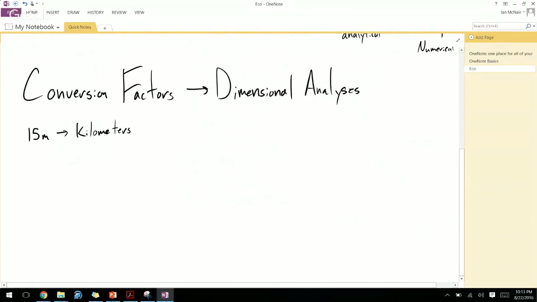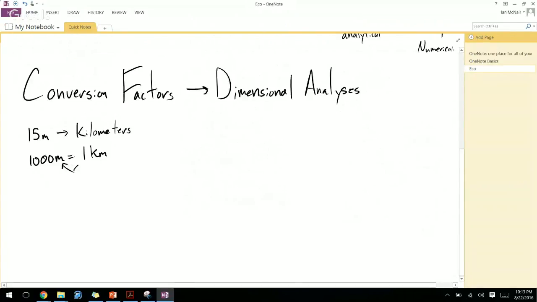Usually what we do first is find a conversion factor. If you look it up on Google, you'll know that 1,000 meters equals 1 kilometer. And maybe if you are just used to doing these conversion factors, you'd really quickly just set it up. You maybe just move the zeros, whatever. But I want to go through the slow way, the way that always works. So first off,